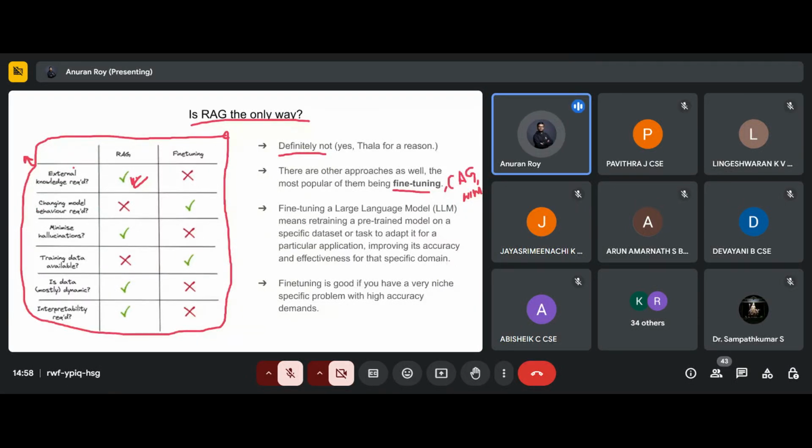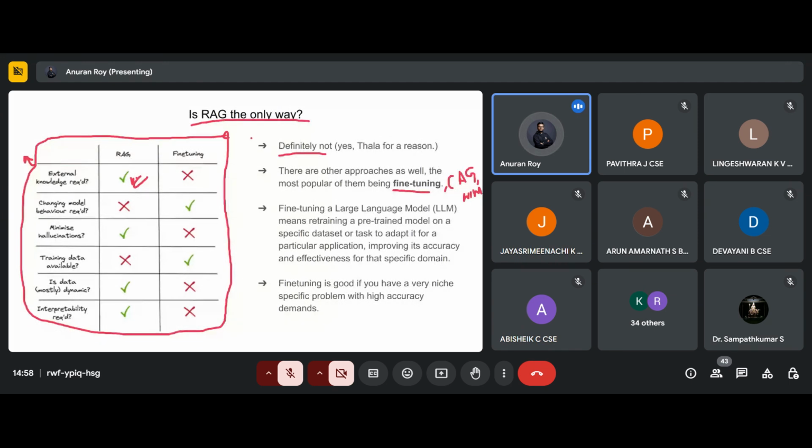Then what about when changing model behavior is required? Often, as we discussed, there were a lot of cases where you had these biases, model flaws that might happen. What are the different places that might be causing issues, basically where the model is inherently biased against something? For example, writing with his left hand, it won't be able to generate it, or even if it generates, it will be with very high difficulty. So that's an example of a hidden bias.